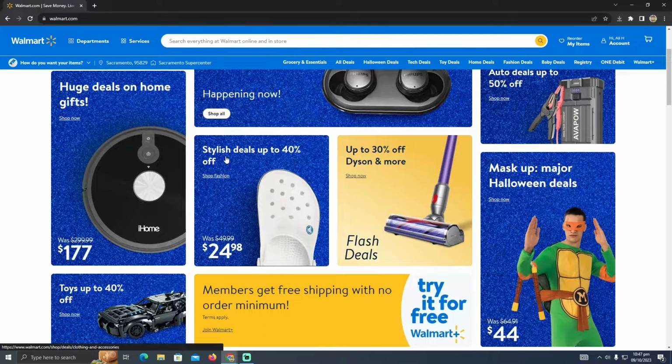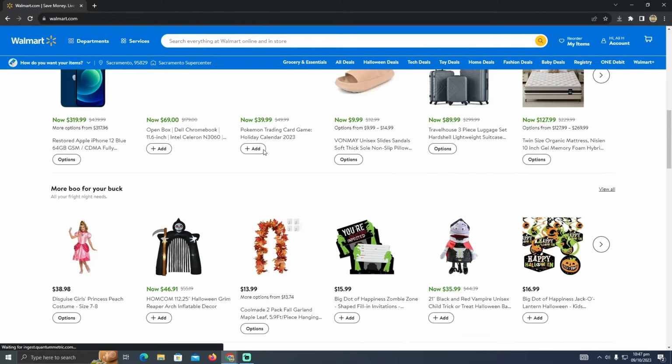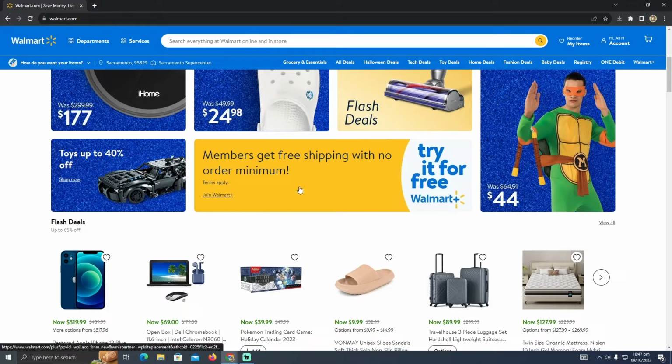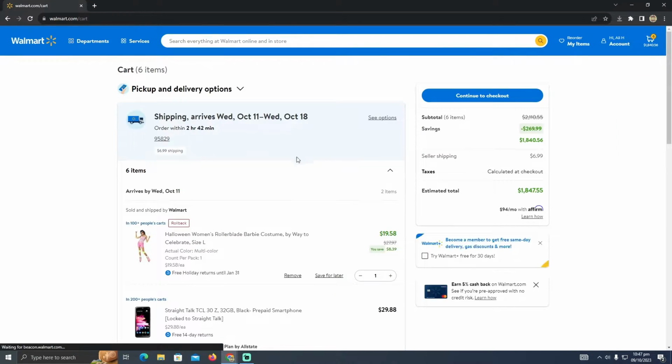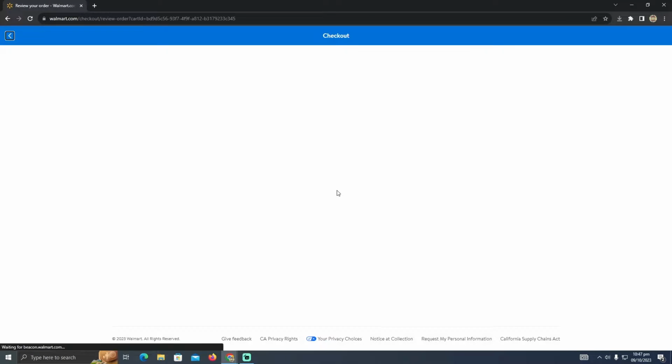you just need to select any of the groceries or any of the stuff that you want to buy. You can also go to any other website if you want. I'm here at Walmart just to show you. And after that, you have to go to your cart. In your cart, you just have to continue to checkout, and after that, it will load and take some